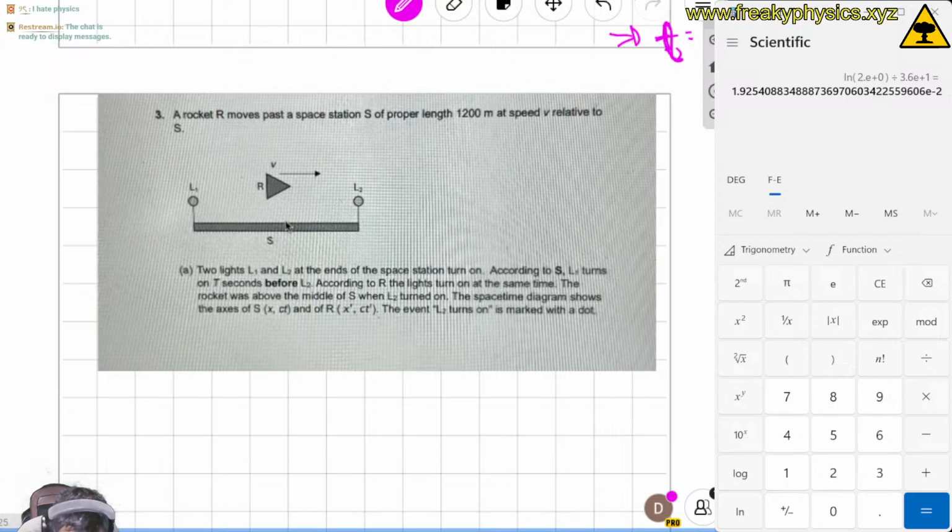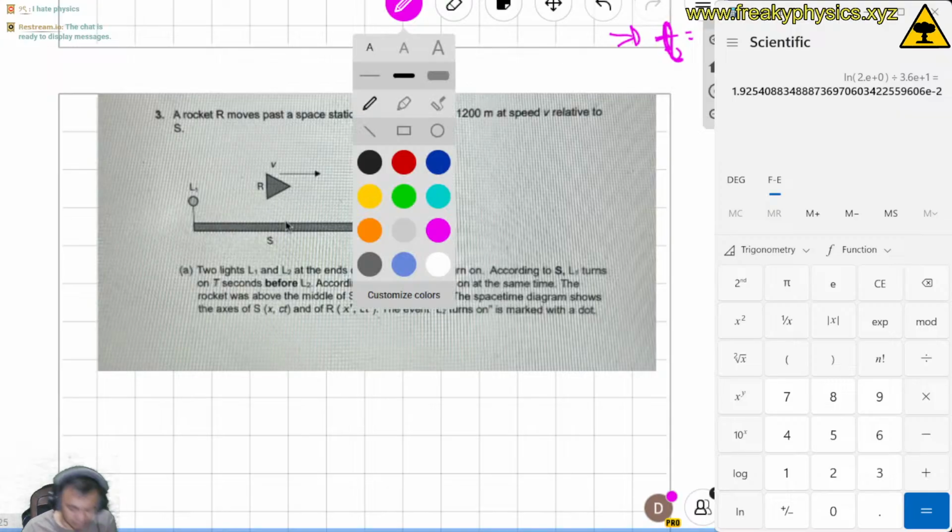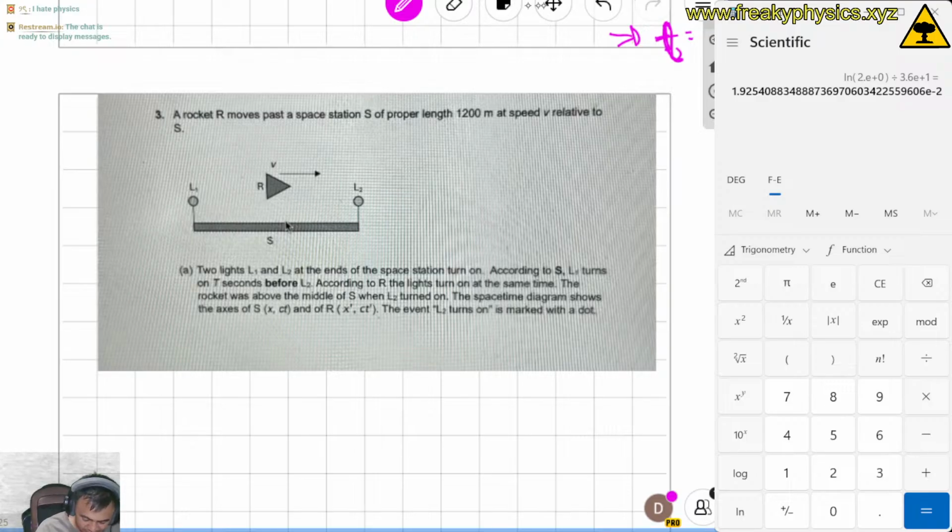Well, it doesn't matter. It's somewhere in the middle, right? So I think that's relative to S, not the rocket, but the spaceship or the space station. But either way, even if it's relative to the rocket, the idea is the rocket is still somewhere in between the 2 lights, right? So if we're gonna draw that,